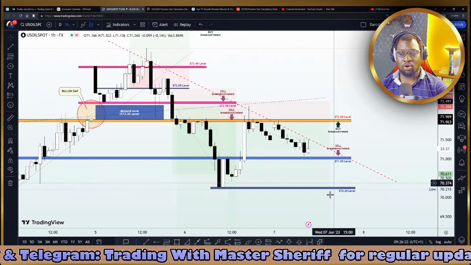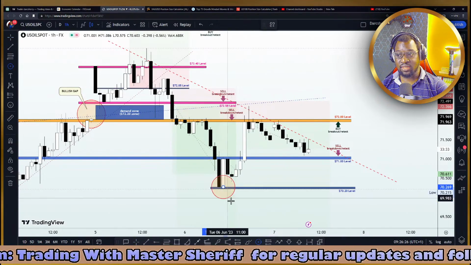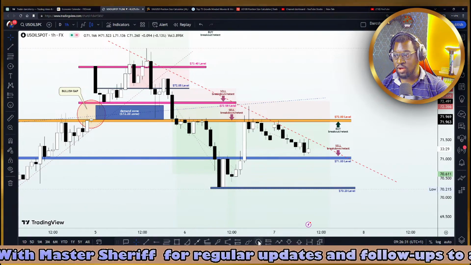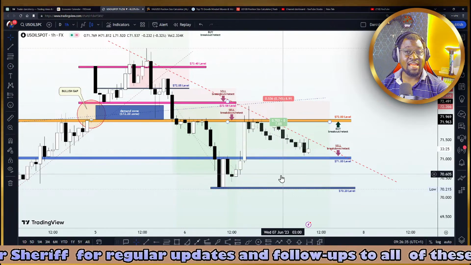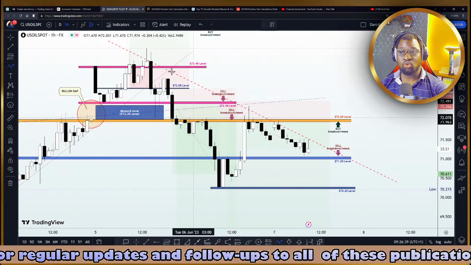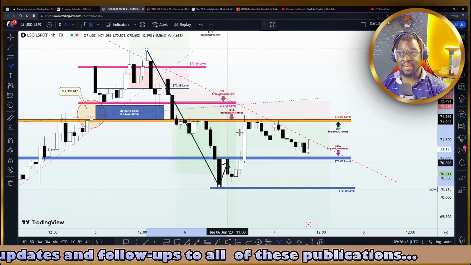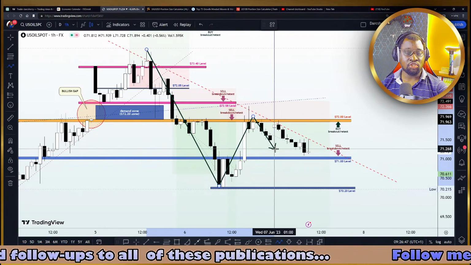And that is because of this level which I identified here, at the $70.20 level. We saw an engulfing candle from that area. We also saw an engulfing candle from the structure here. So I'm of the opinion that if the buy pressure continues, we might see a situation where price finds it difficult to find new lows, and if that happens, we might begin to see a reaction to the